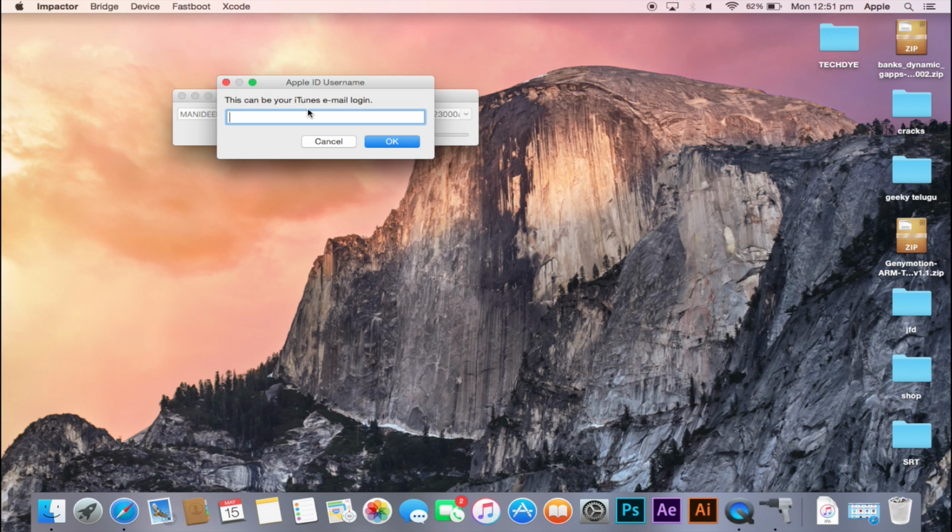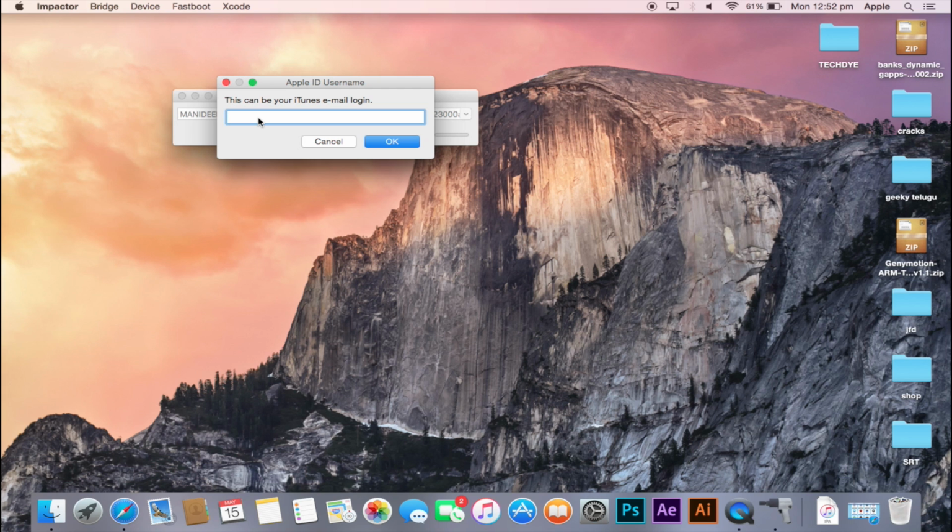After you do this, it will ask you to enter the Apple ID and the password. Just after entering the Apple ID and password, it will simply start the installation process. Once you are done with the installation process, move on to your iPhone and trust the application from the settings. Go to General, and there you will see the option called Profiles and Device Management. Over there, just click on trust application. Then after doing that, you will be able to use the IPA file that you have installed using Cydia Impactor. So this is how you will be installing the IPA on the iPhone.